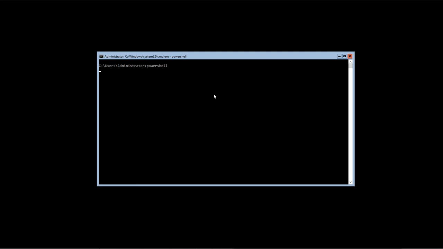And under PowerShell we have a command Add-Computer. Okay, it is taking time to go to PowerShell. And PowerShell is coming.